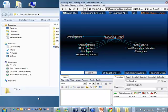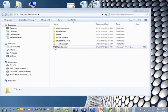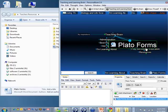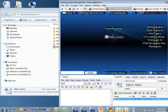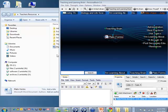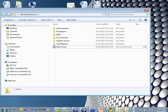So when I drag and drop, let me drag and drop Play-Doh forms. I'm not sure what this is, but I'll drag and drop this in. It's really easy to see. The brain makes it really easy to see because, of course, you've got that little shortcut icon. The default is to keep it where it is, and so now I've got this as a shortcut. Now, if you've made the decision that when I'm dragging and dropping, I just want to move stuff into my brain,